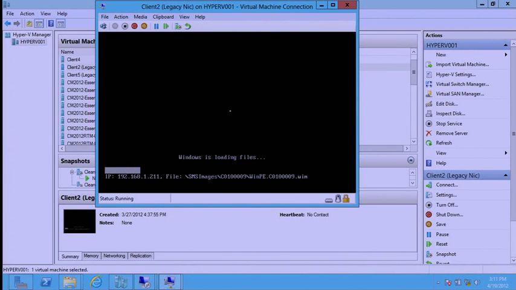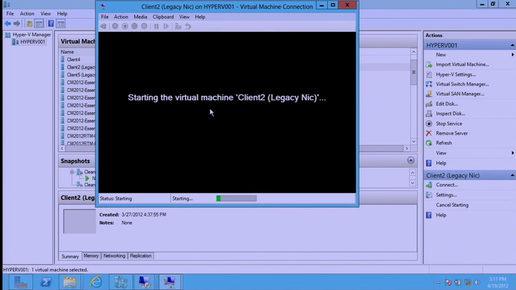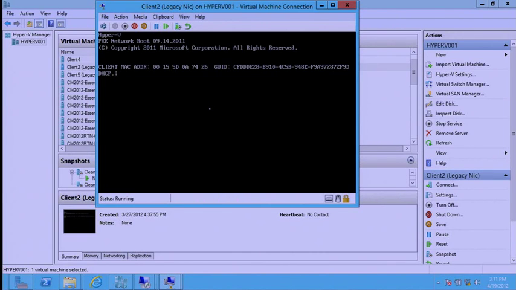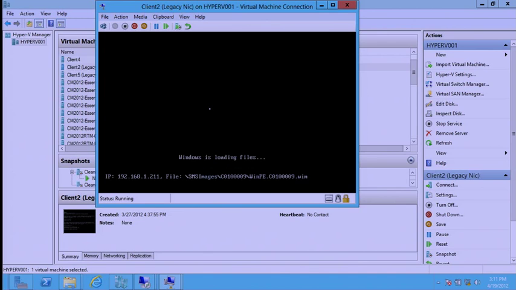If I abort this and try again, I can still do this, because Config Manager has not yet learned that this is a client about to PXE boot. But quite shortly it will. As soon as the boot image has booted and the Config Manager client has started, when you start to select your task sequences, the client will actually notify Config Manager about that. So in this case, on my server, while we are waiting for this to boot,